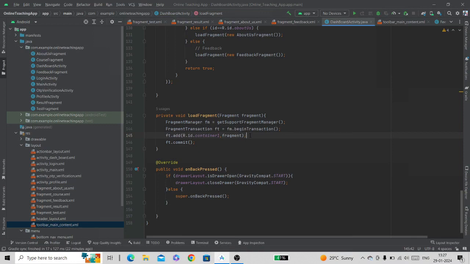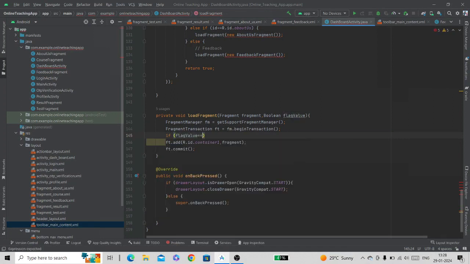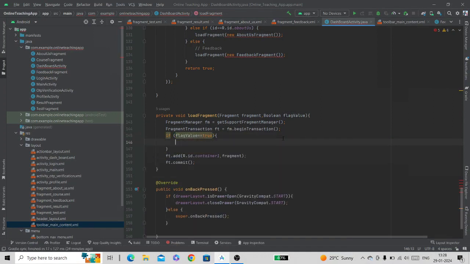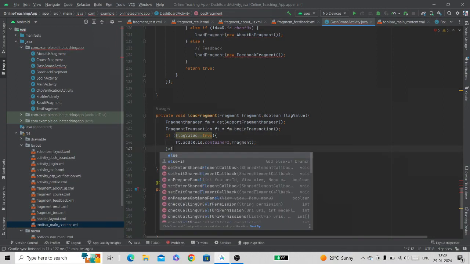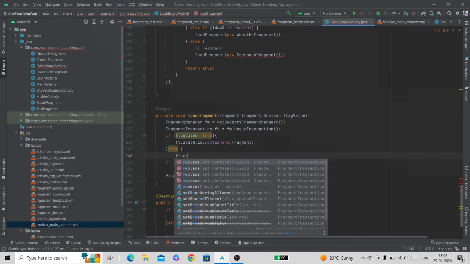So to create this logic we will use a boolean variable which will become true when we need to add the fragment and become false when we need to replace the fragment. So here we will also add another parameter, boolean flag value, and now if the flag value is true, we will add the fragment, else, when the flag value is false, we will replace the fragment using ft.replace, and we will give